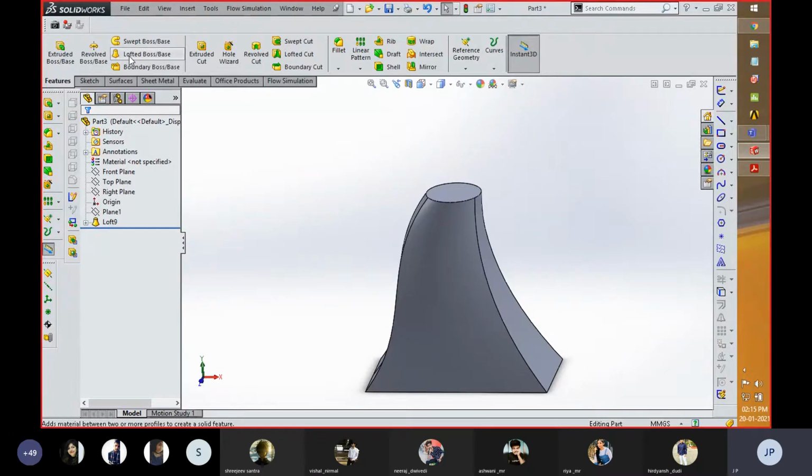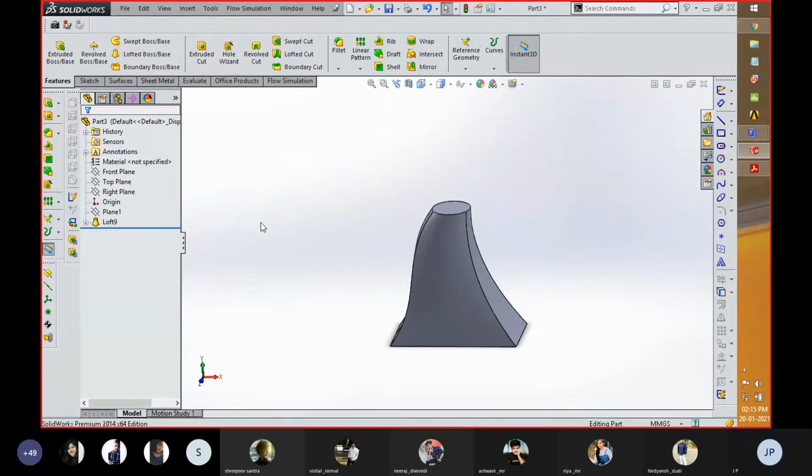Okay, so this is a very beneficial tool for following a different path with respect to the structure of a component. Now the next tool is boundary boss. The difference between the lofted boss and boundary boss is that you can create a surface over here. In the lofted boss, we joined two different sketches which are different in their geometry.